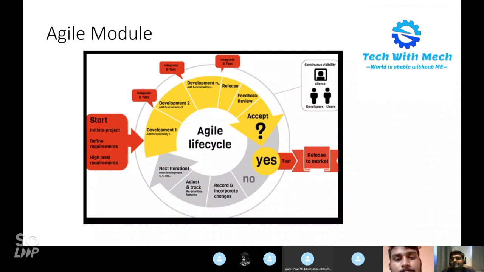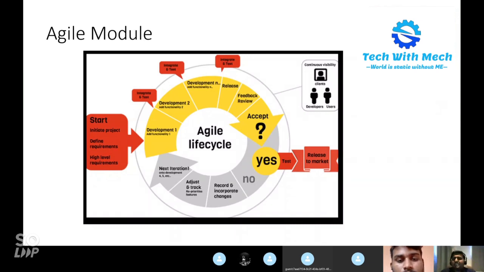The main disadvantage is that the requirement is small, so sometimes the developer only gets a chance to look at a very small part of it. He will not be able to know the whole system. Every time he gets a very small requirement, he doesn't have complete system knowledge at the top level. He just does the development for the requirement he is given and gives the output. That's one disadvantage.